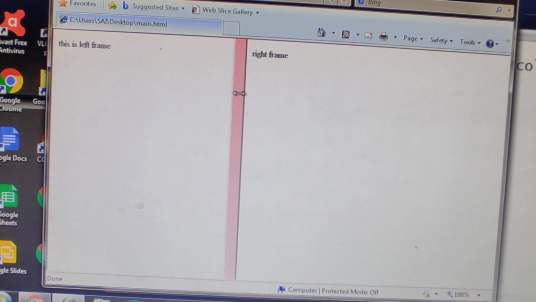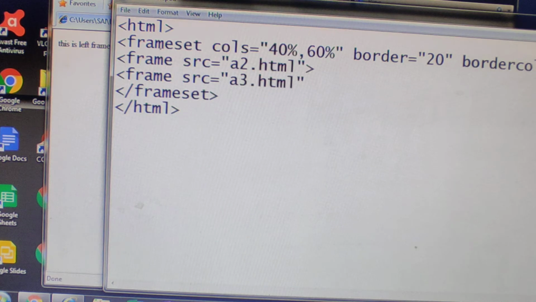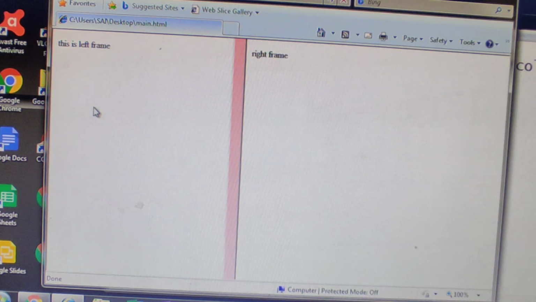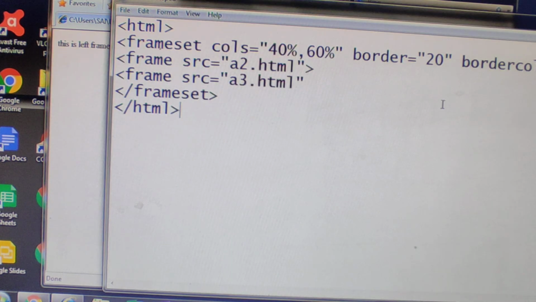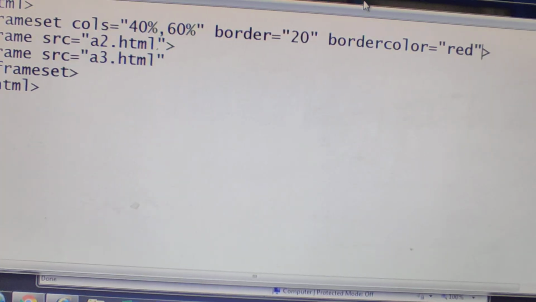Just now I have given a border size of 10 pixels and next I have given border color pink. So here I am changing the border color, you can see red. So you can give a border color between frames. Okay, remember one point, whatever properties you are giving in a frameset, those properties are applicable to all the frames.